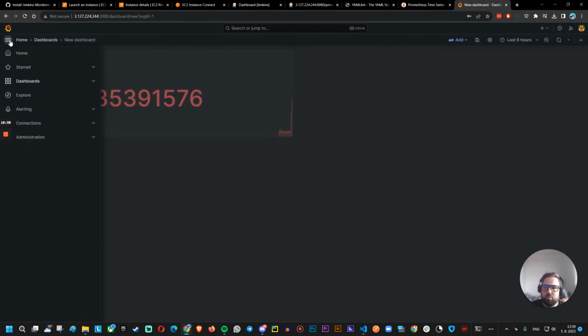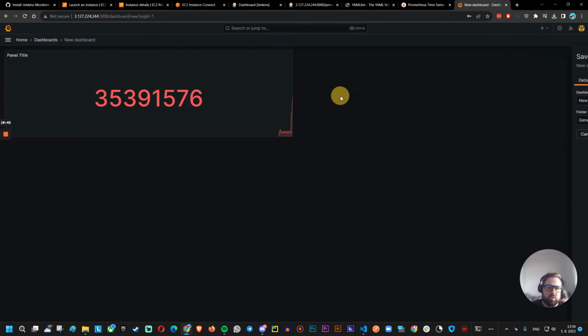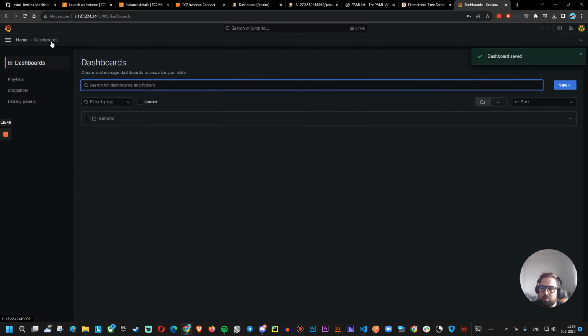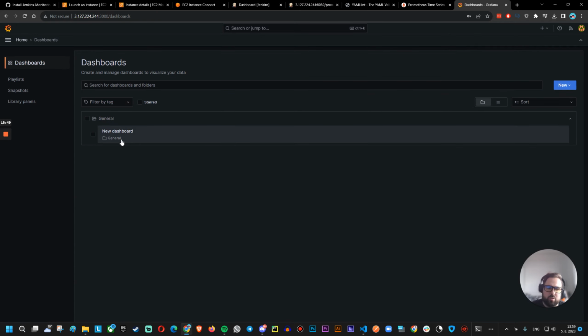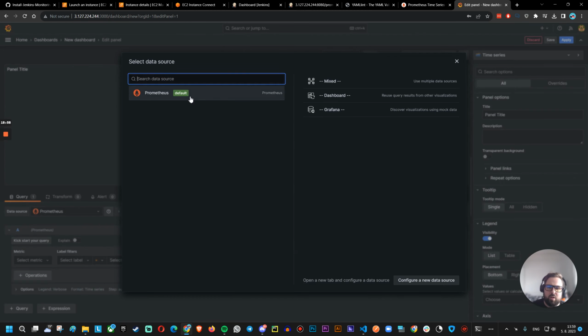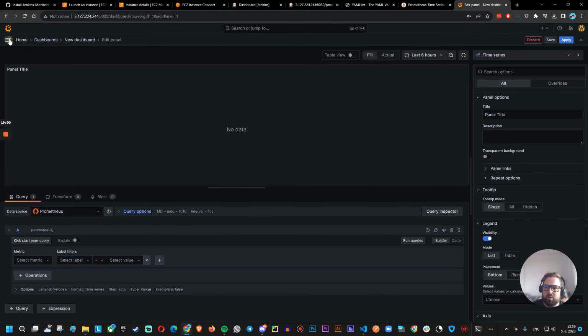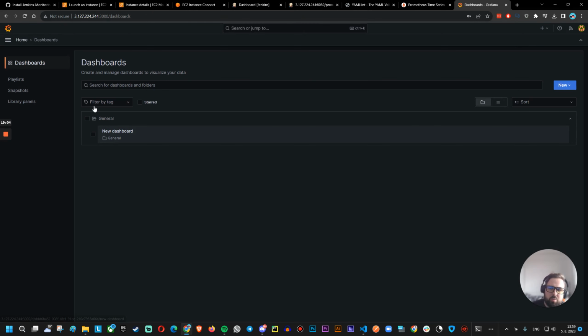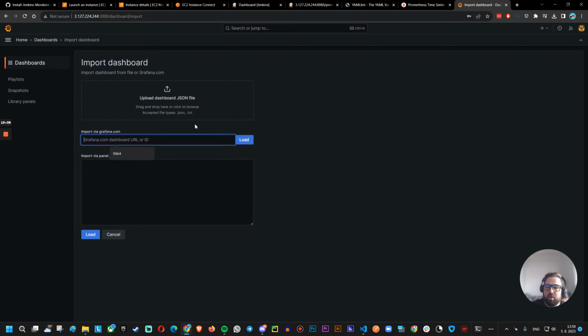But what is better to do is save the dashboard as a new dashboard, in the folder General. So if I click here, General, we can see it here. But what we can do is click new dashboard, add visualization. No, not like that. Just a second. What we need to do is import the dashboard. New, import, and